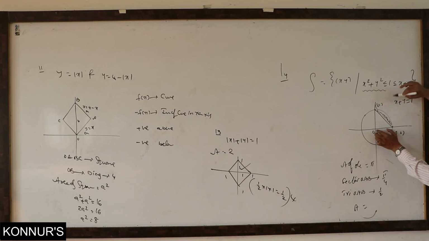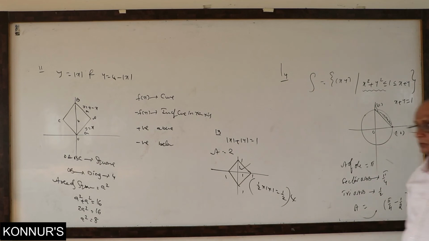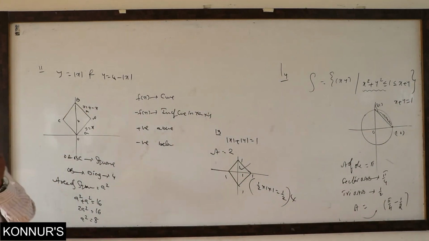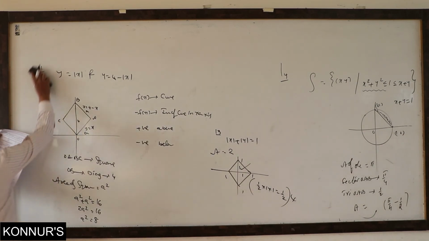You can see in these limits, who is dominating? Curve. Curve minus line. That is the principle of integration. How will you get this answer? Pi by 4 minus... over 4 times... for 1 quadrant only. If possible, for the LCM you can write it, or else leave it. This is about pi by 4 minus 1 by 2. Fourth option.